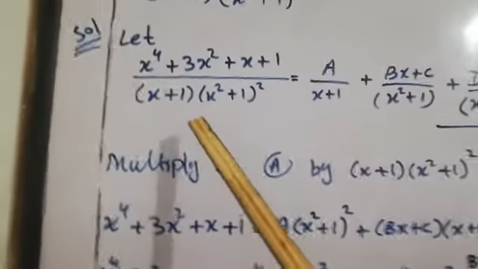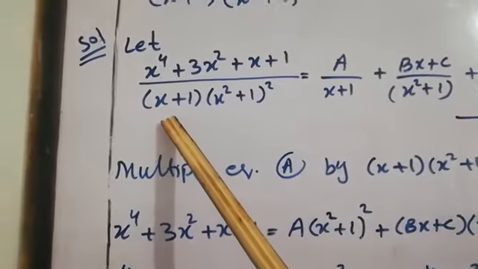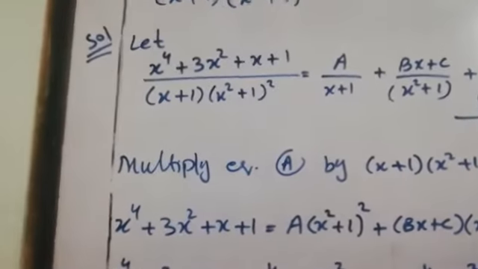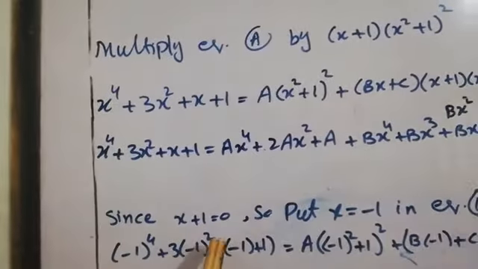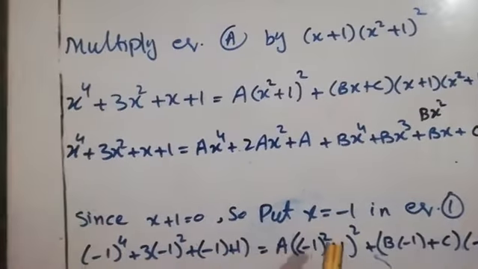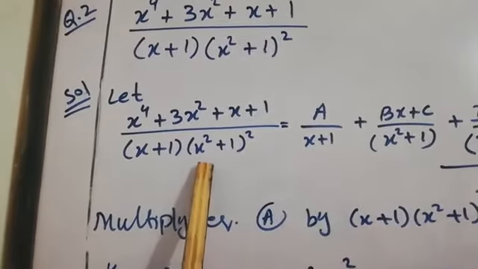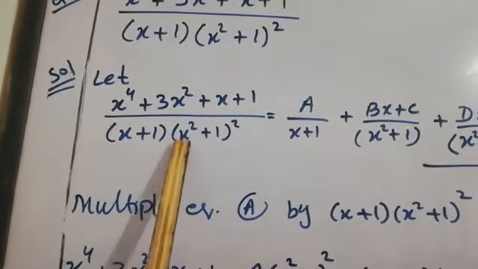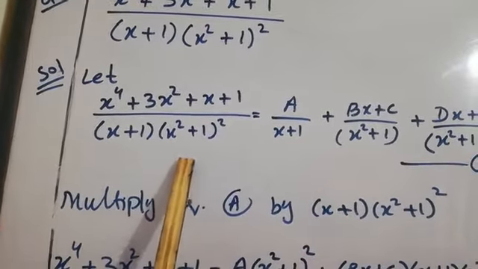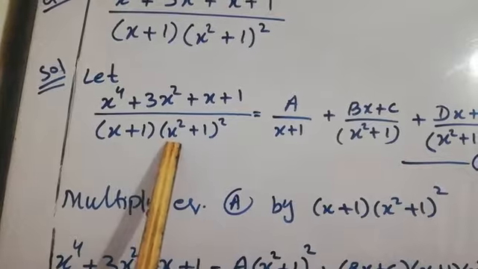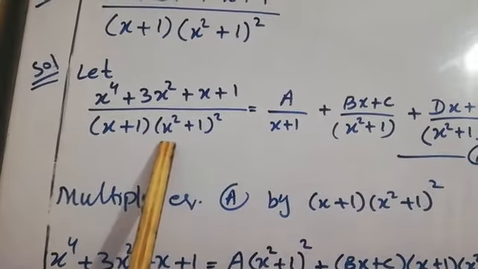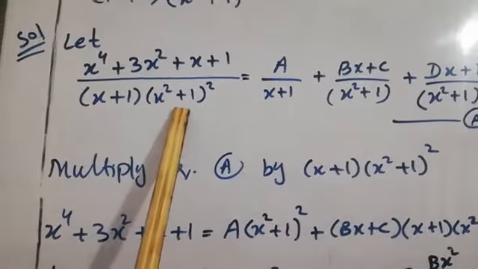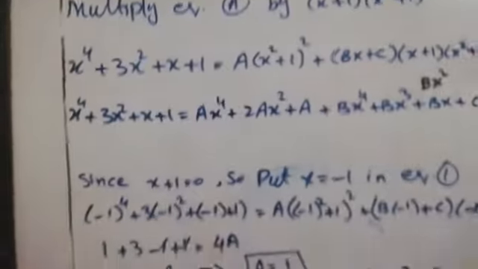Now we will move to the factors of the denominator. This is the factor from which we can find the value of x. This will become zero if x plus 1 is equal to 0, so we will put x equals minus 1. Remember one thing, from the other factor we cannot find the value of x in the real part. For example, if we take x square plus 1 equals 0, then x square is equal to minus 1. When we take the square root, we get the value of iota. So you will ignore this factor, just move on with this.